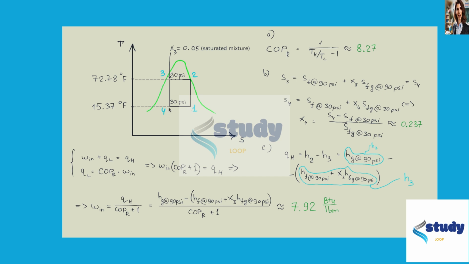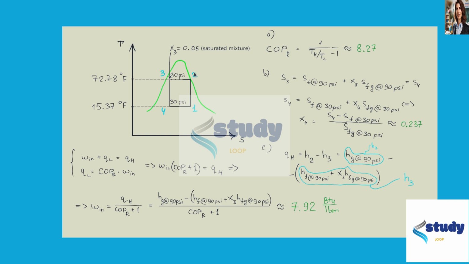In state 1, the refrigerant is a saturated mixture. The same in state 4 and state 3. In state 2, the refrigerant is a saturated vapor. So in all four states, we can use the table of saturation properties to find the temperature of the refrigerant